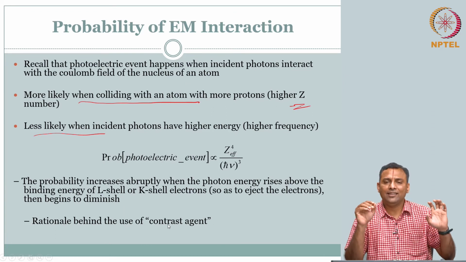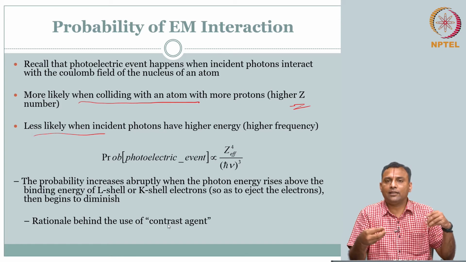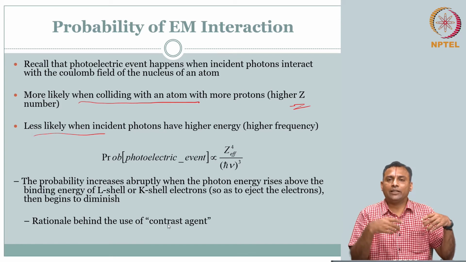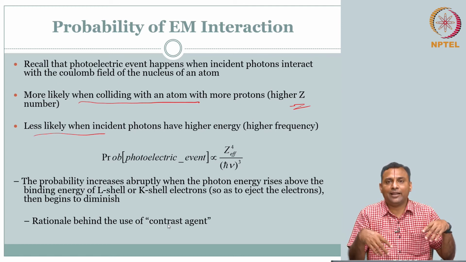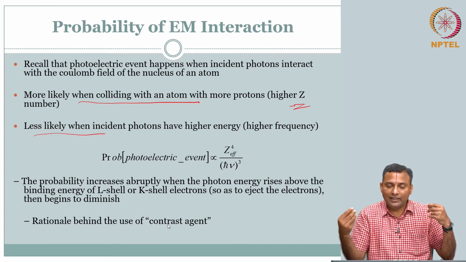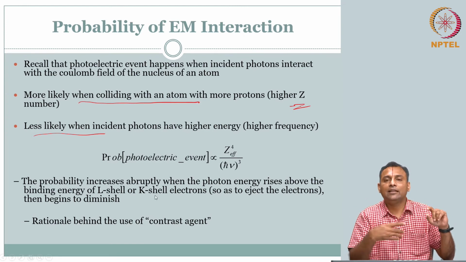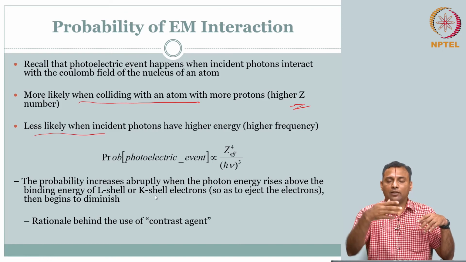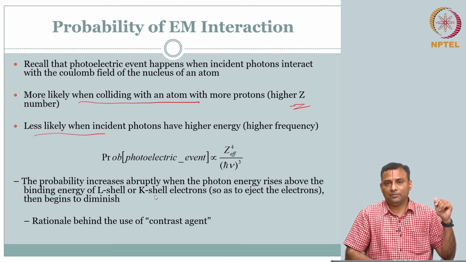We will not cover that here, but contrast agents are agents that are there to generate contrast. That's why. So you inject it. So you have your angio, right? When you go for the dye, you would have heard they'll inject a dye and then do a CT or an X-ray, right? So what does that do? That is a material that is sent in, carefully engineered so that its K shell, L shell is just above the X-ray tube energy that is used in that imaging system.